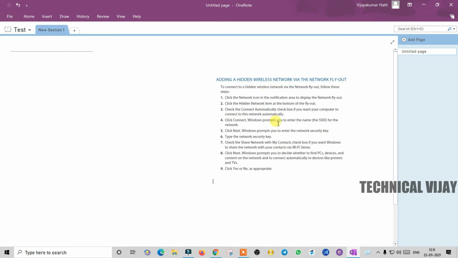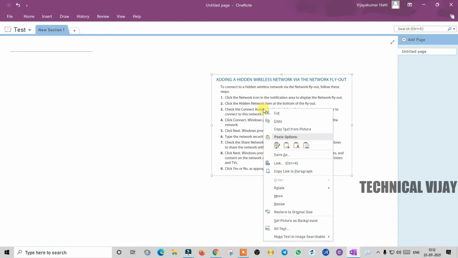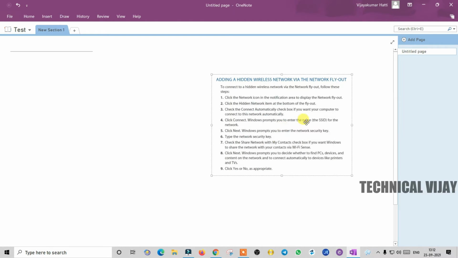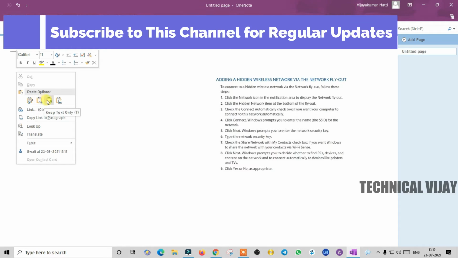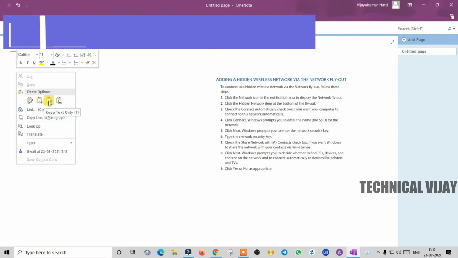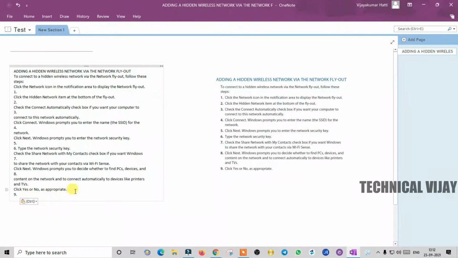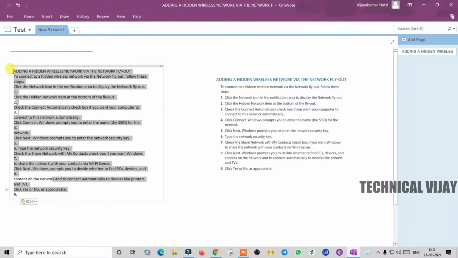This is a picture, opened here, but here also it cannot be edited. From this we can copy text from the picture and paste it here on the side. There are many paste options: Source Formatting, Merge Formatting, and Keep Text Only. We have to select this option, and now the text is in an editable format.